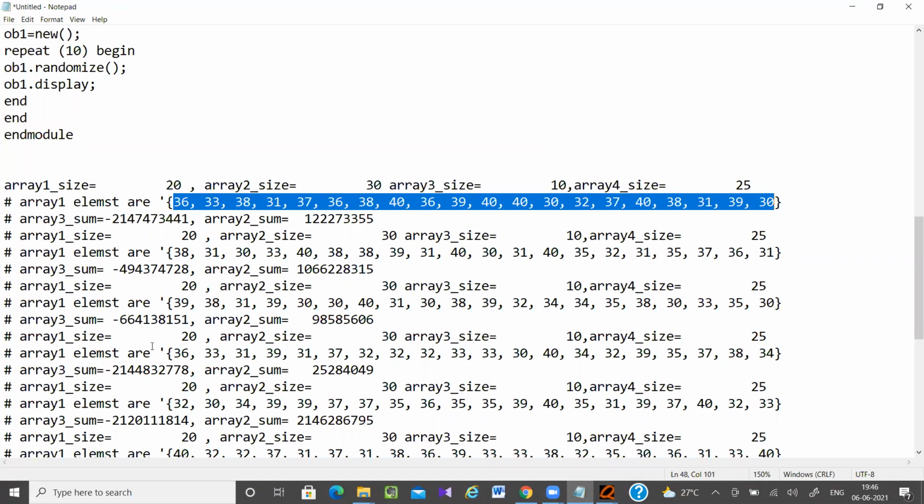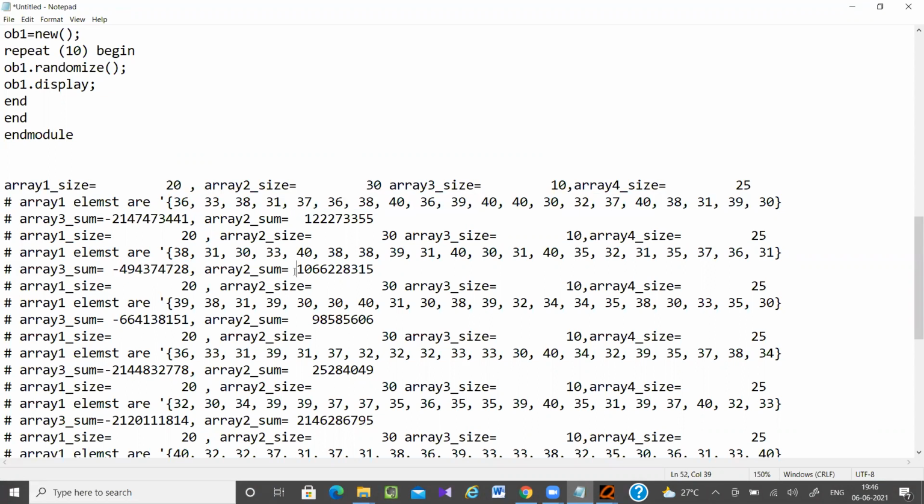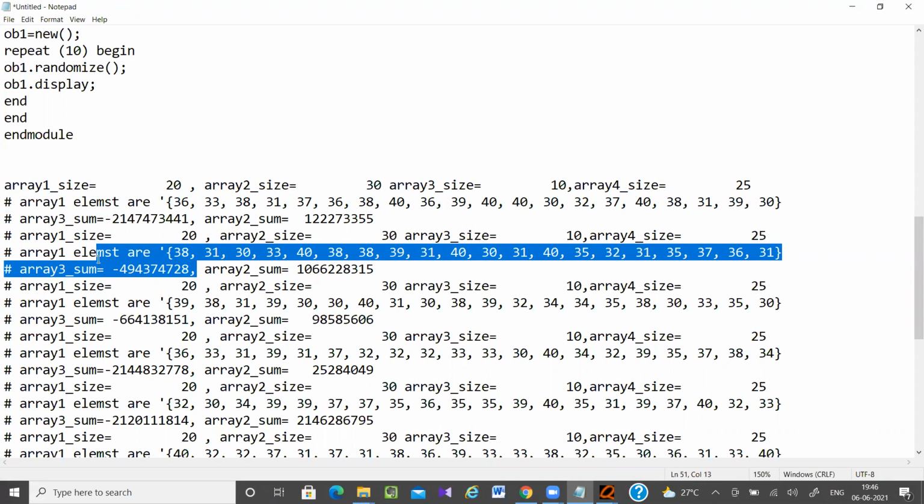Array 2 sum is less than 100 and array 3 sum is greater than 100. The values are coming negative because I have taken the variable as int.